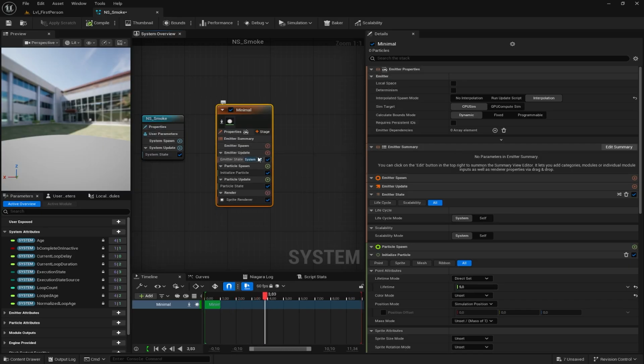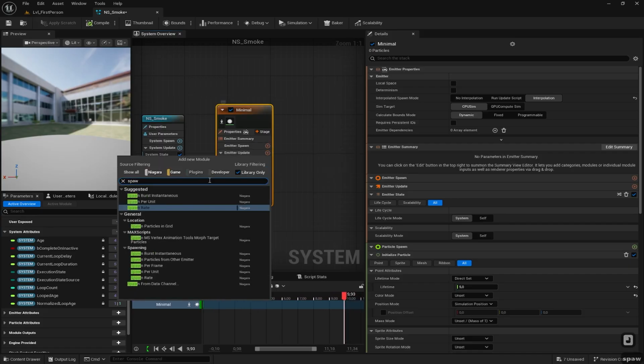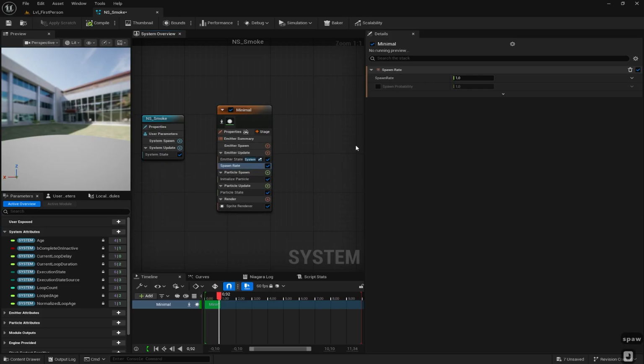And then over time we can modify the emitter by adding features here, and we're going to add a spawn rate here. So we tell it to emit particles, and now you see a white blob here basically, and this is particles being emitted. And the next section, particle spawn, is basically